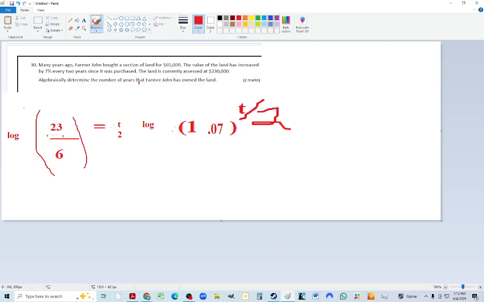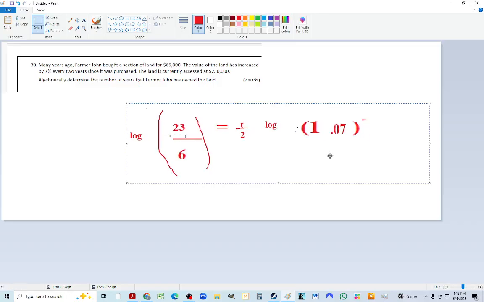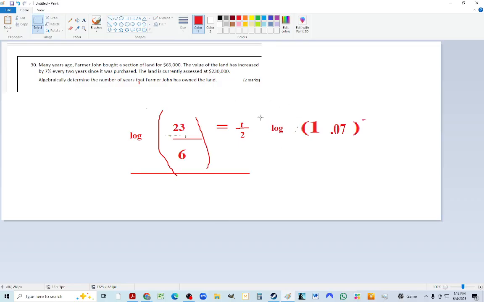And this just becomes a number on the right. Well, if I want to get that T over 2 and it's being multiplied by a number, I can divide it by this. And then it's also being divided by this too. So I'll put the whole thing in brackets